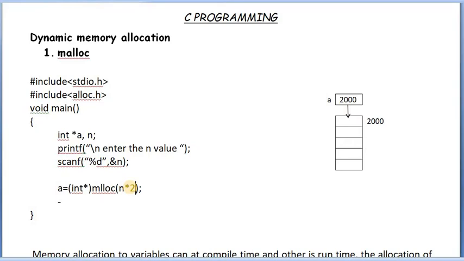If you don't know the size of an integer, how much memory an integer takes, you can use the sizeof operator, sizeof int. You get the integer size. According to Turbo C, the sizeof int result is 2. Here int is not specifying a type; we are just getting the size of the integer, that's all. Now for example, n is 5. 5 into 2 is 10. We get 10 bytes of memory and that result is stored in A. Now A refers to this memory.